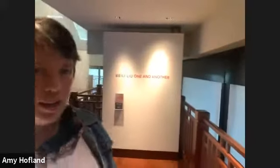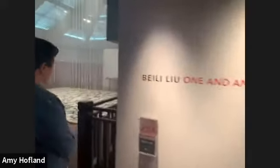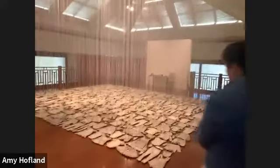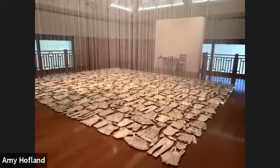So now I've brought you up to the mezzanine in the Crow Museum of Asian Art at the University of Texas at Dallas. And this is an installation, second half of BEILI's installation called One and Another. And this is the second time it's been installed. This is a little bit different than the previous installation. But it is a tremendously beautiful work of art